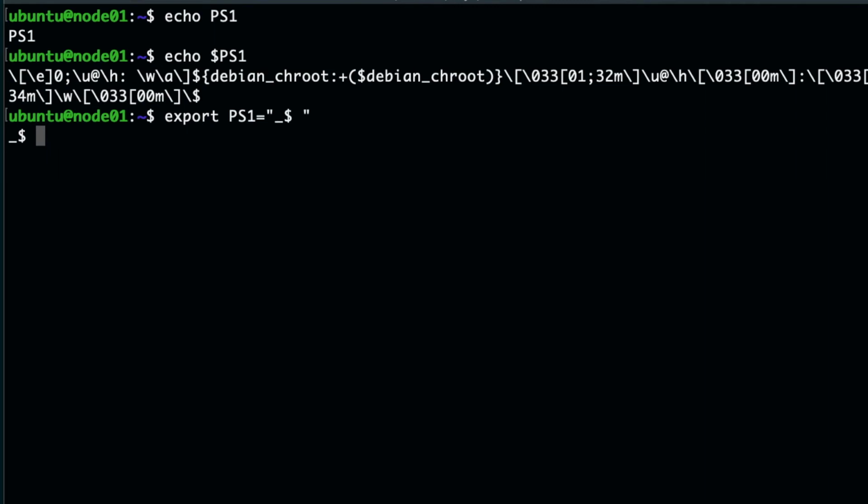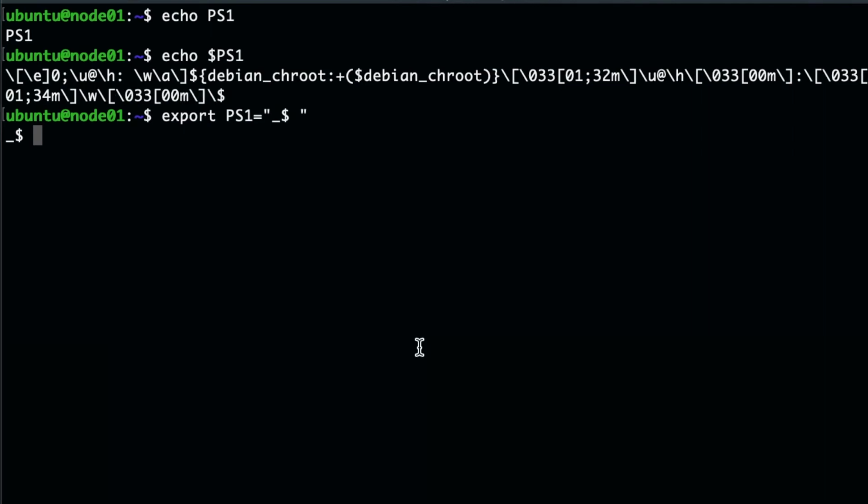You can even call a function to customize your prompt. We can echo our new prompt, $PS1. As you can see, it is changed. And there are other useful variables also. We can echo them, like echo $$. This gives us the PID of the current bash.